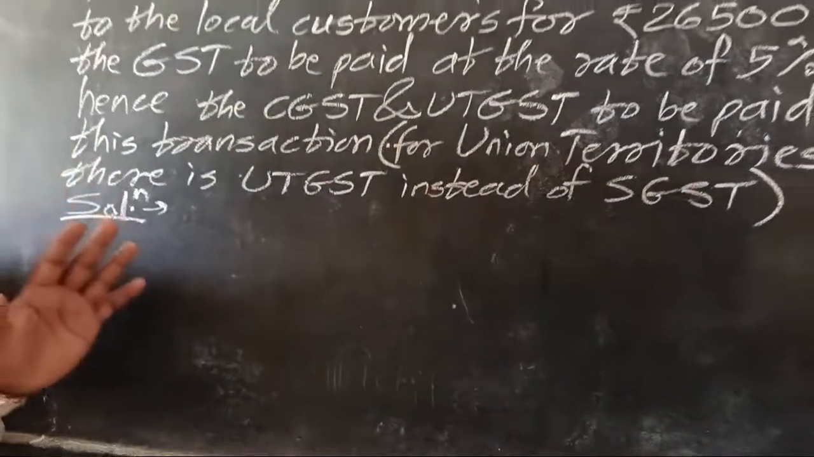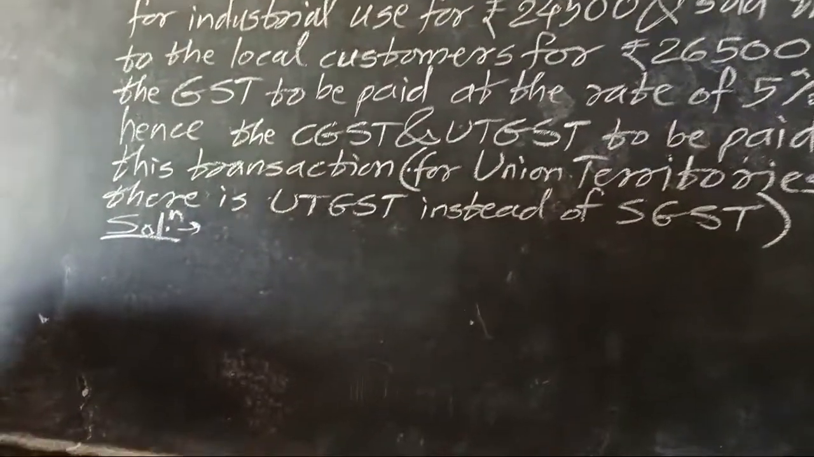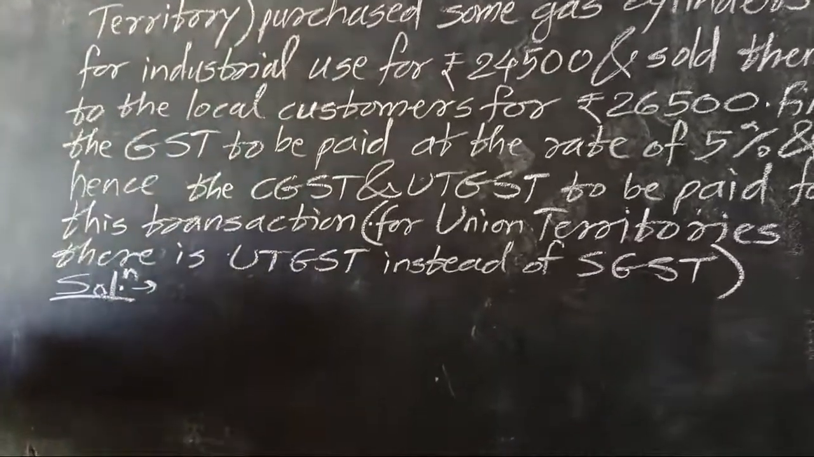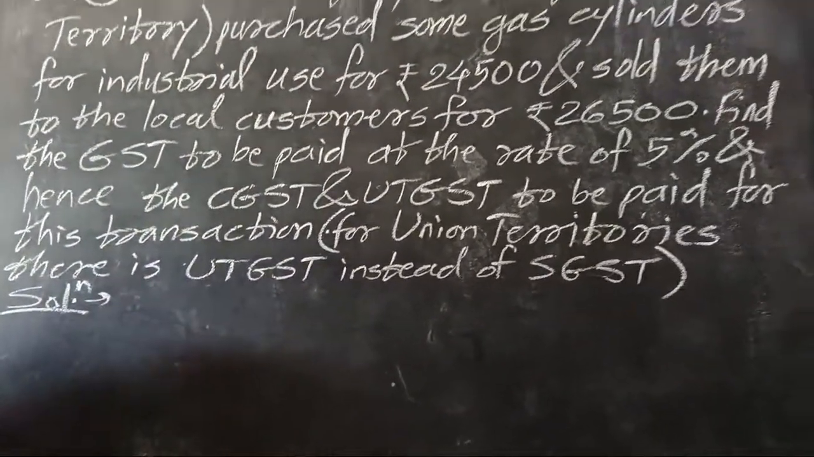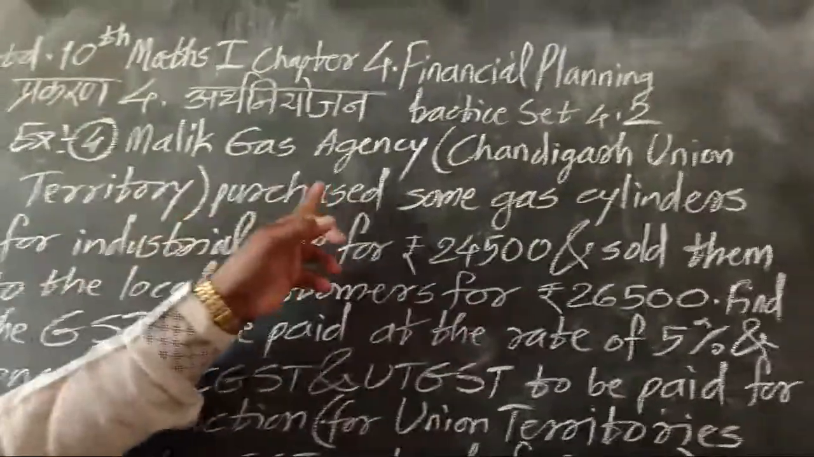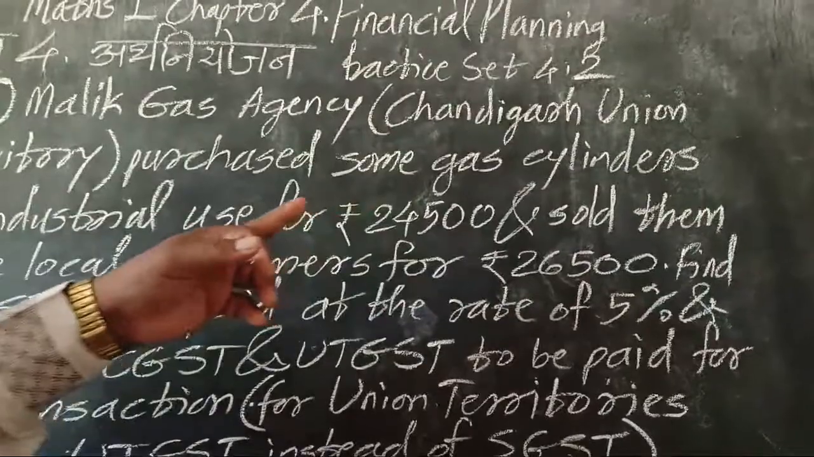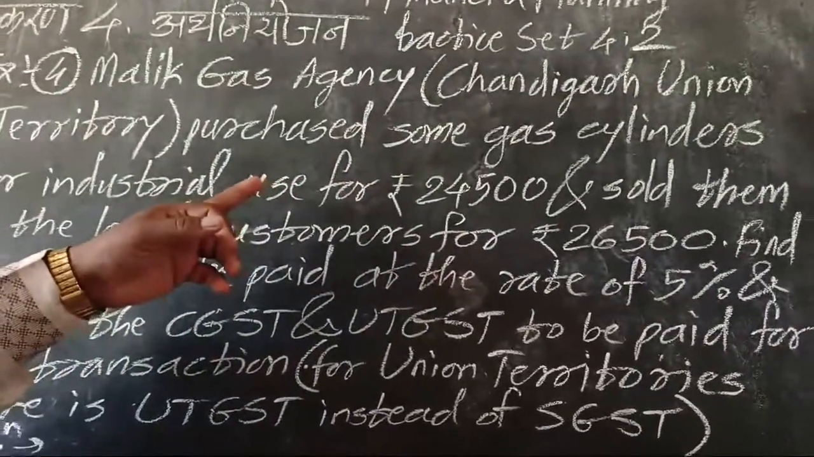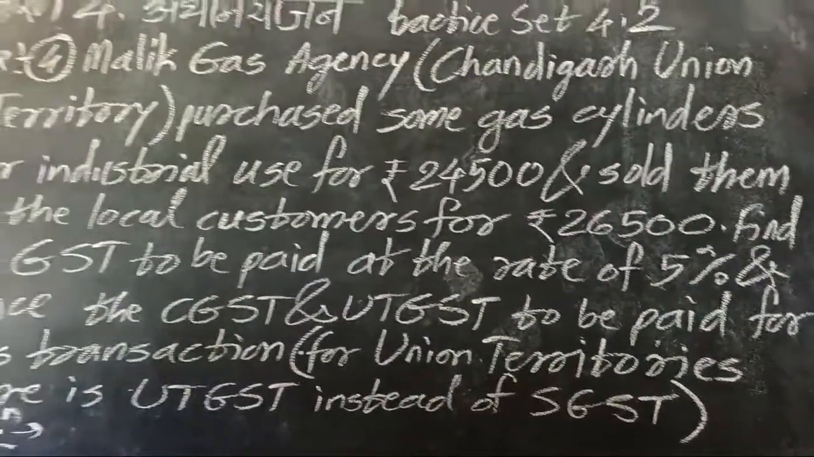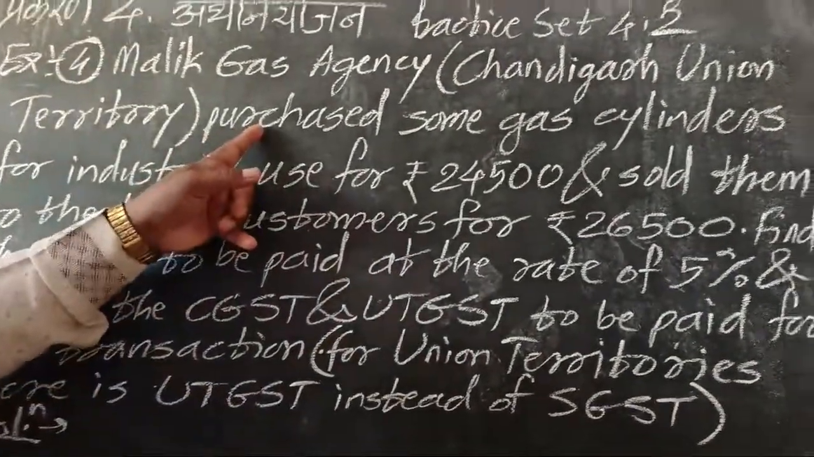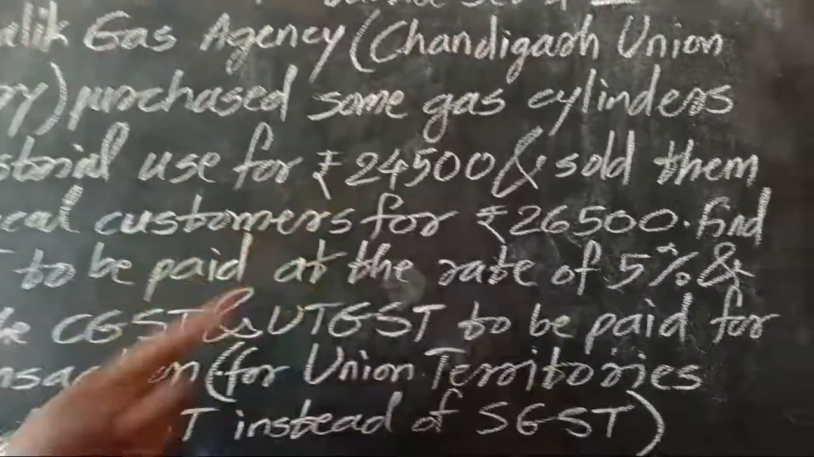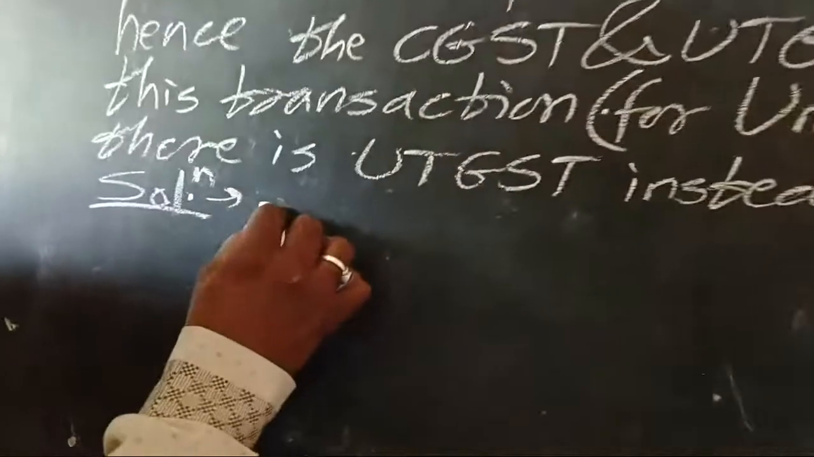What is the first step? GST paid at the time of purchase. 24,500 is not GST. In the first sentence there is no word of GST. Is it correct? This amount is which type of amount? Purchased amount. Good. Purchased amount is here. We write the sentence